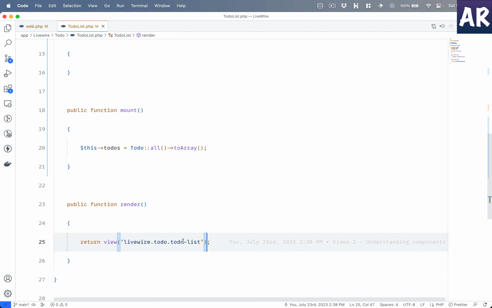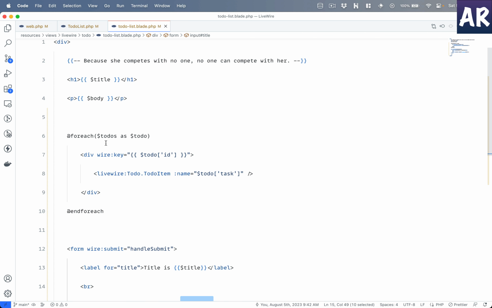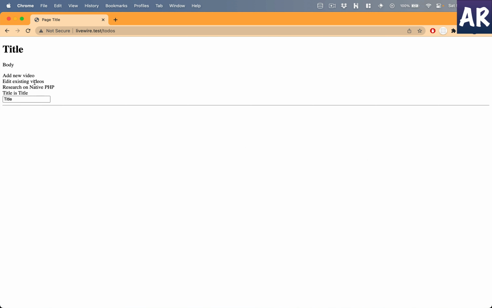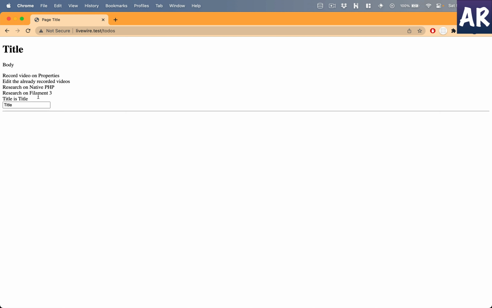So now let's open our to-do list blade file. What do we have over here? We are doing a loop on the to-dos which should be available. So then ideally this list should get repopulated with the database entries, and I can see that is happening because